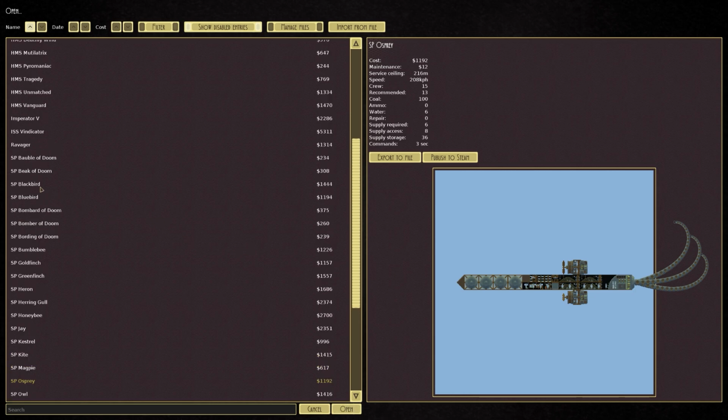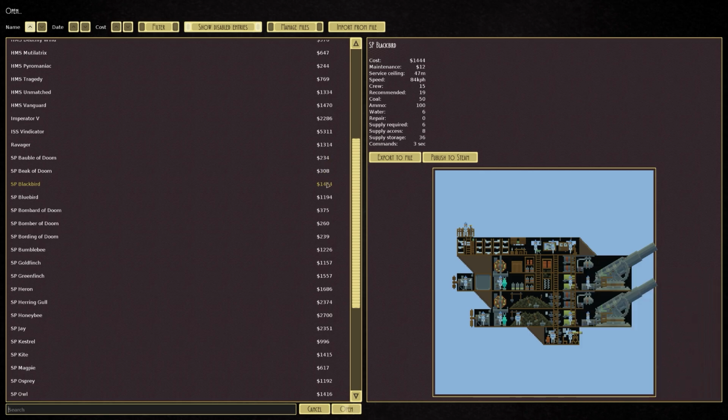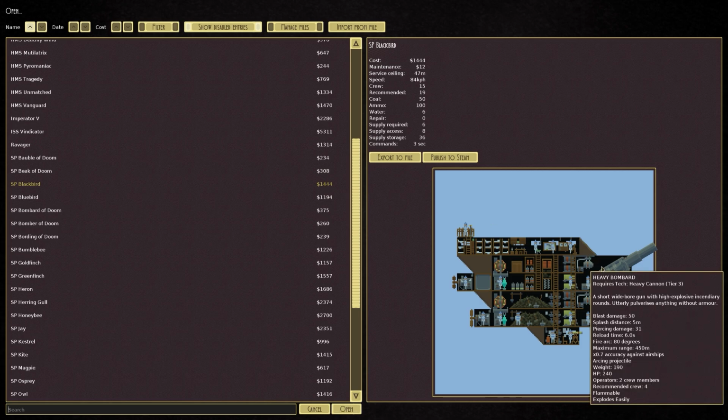Anyway, let's go and look at the Blackbird, because this is the only vessel throughout our entire fleet, whether it be on ground or in the air, that carries the heavy bombard, and this has changed a lot since we last played it. This is a short, wide bore gun with high explosive incendiary rounds, utterly pulverizes anything without armor. Now, we are running it on the Blackbird, which is reasonably expensive, 1,444 generic units of currency, and since